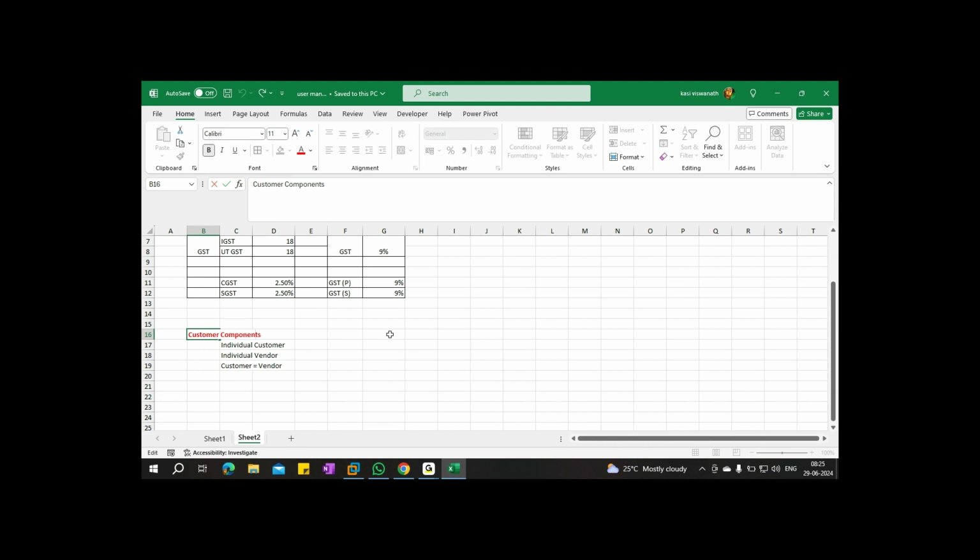Individual customer, individual vendor. So for individual customer sales, we basically maintain 18% GST, right? For vendor purchases, either 5% or 12% GST. I choose 5% GST. Now the question: the same customer is also a vendor to the company. In that case, how does the system treat the values? First of all, how to map customer equal to vendor.